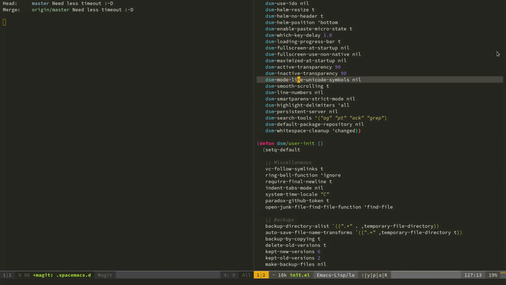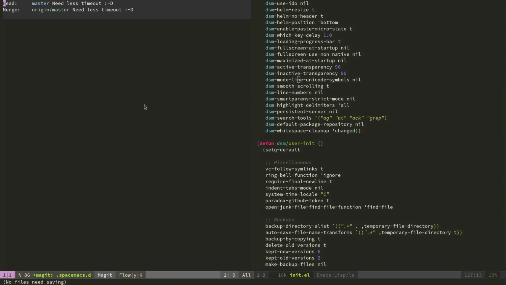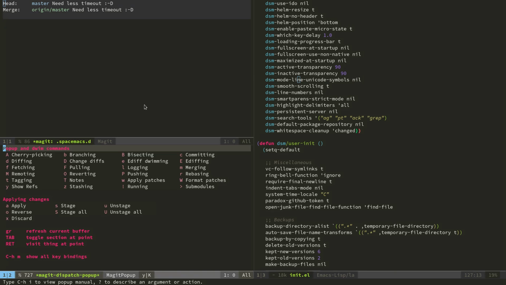If you press space G S, it will bring you to this magical window. Press question mark to open a view of all the things you can do. There are a lot of different things in here, and you can happily work your way through anything Git related without ever needing to use any other space G bindings other than space G S. But yeah, we're gonna focus on the space bindings, and we're gonna leave the rest of Magit for a different